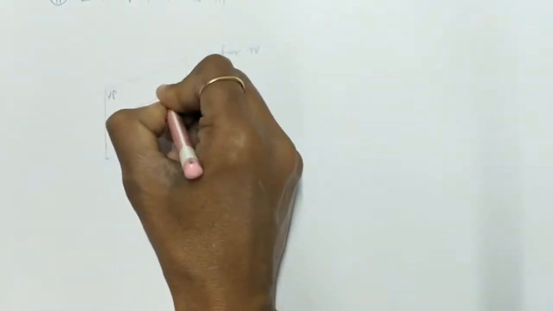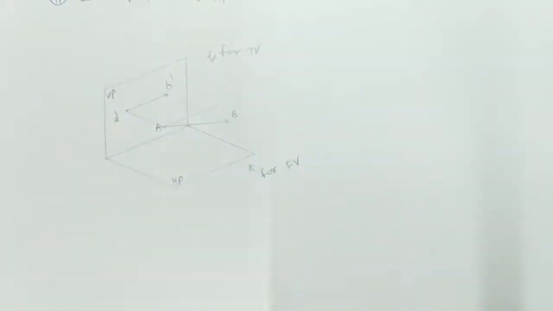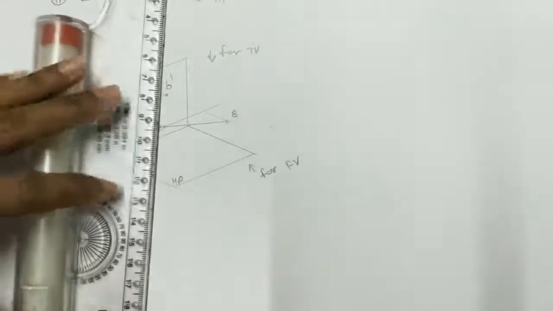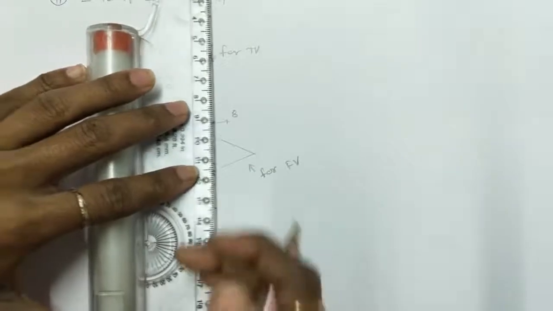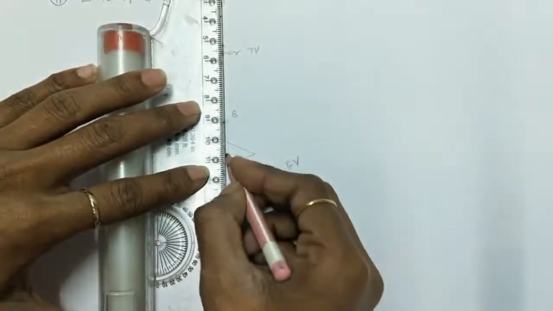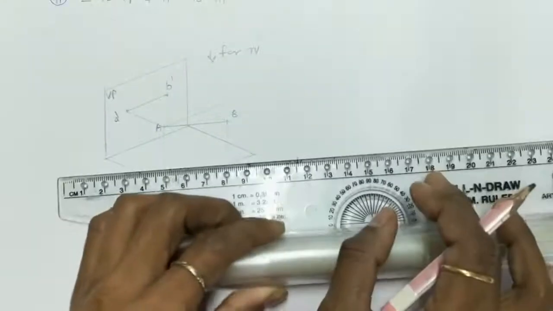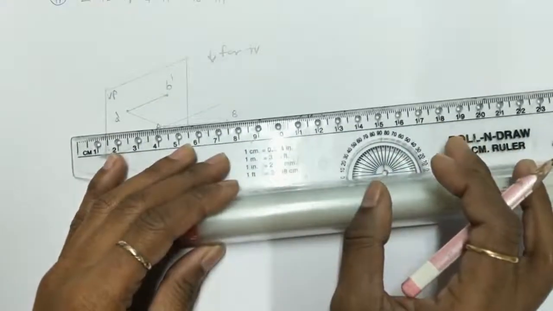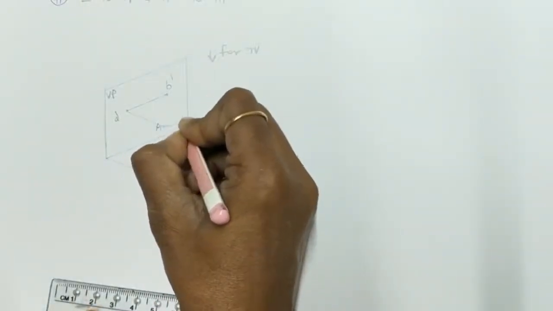And this is the front view having points A dash and B dash. Now we will draw the top view. Take projections from points A and B, and draw a line A dash B dash. This is angle phi. Suppose the inclination angle is phi.